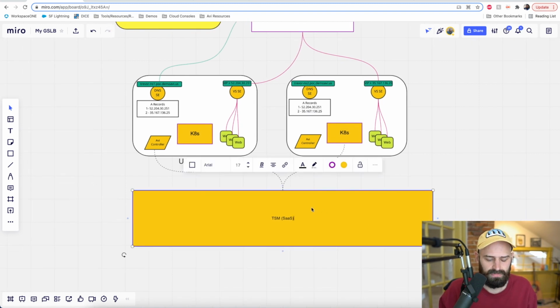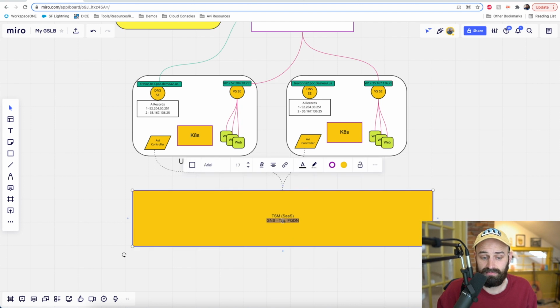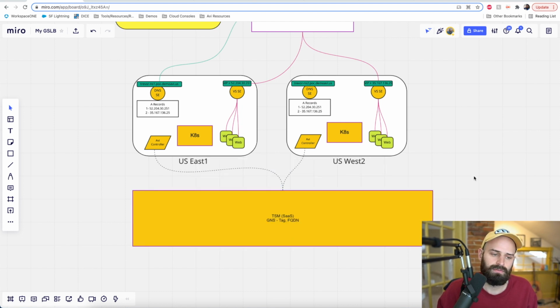When I configure my GNS, I can also specify a tag and an FQDN as I'm provisioning it. And what's going to happen is, for any Kubernetes clusters that are controlled by the service mesh, if you create a pod and you tag the pod with the correct selector,